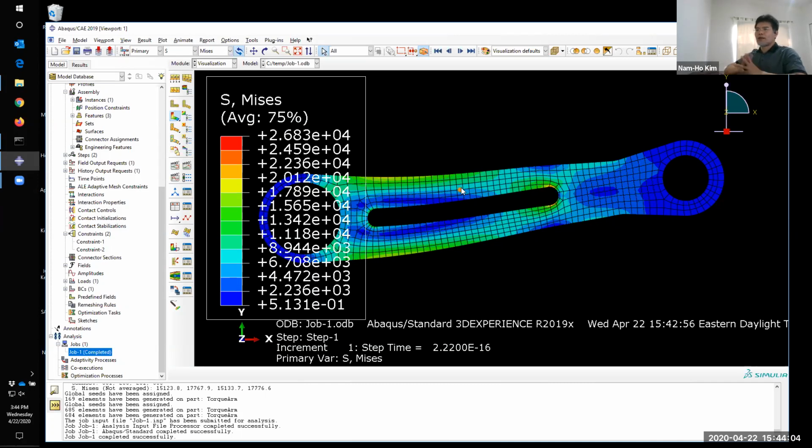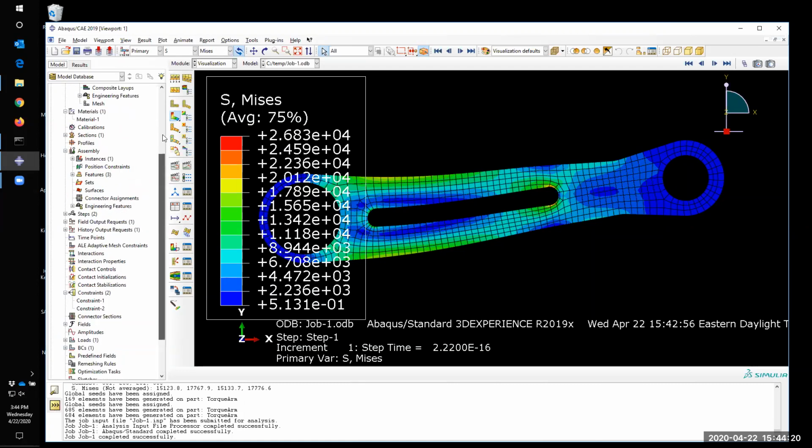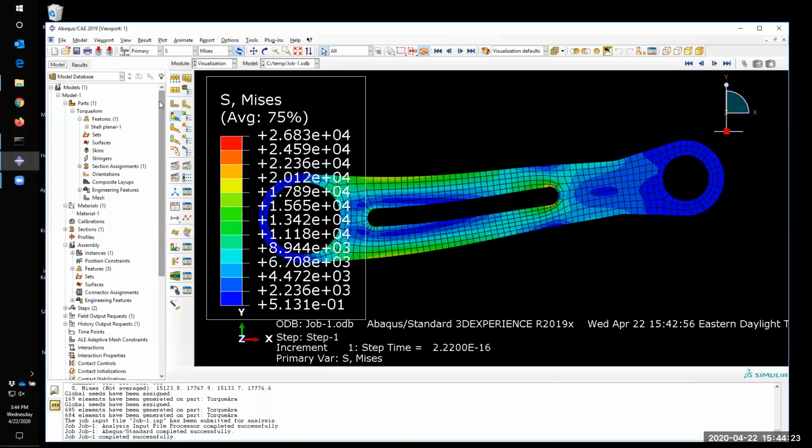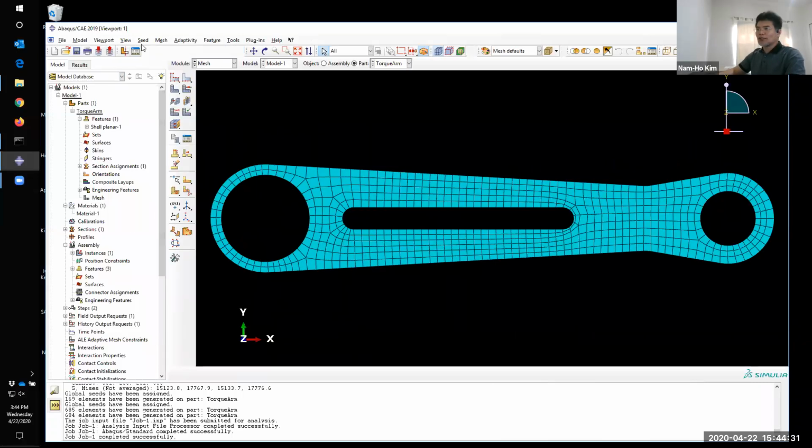Can you repeat that? Sorry. You said if we submit job 1 with one node type, and then job 2 with another node type, and job 3 with another node type, job 1 is invalid after we change our nodes? It doesn't. The ODB file will be there. So let's do it, just to make sure that we are on the same page. So I go to the mesh,